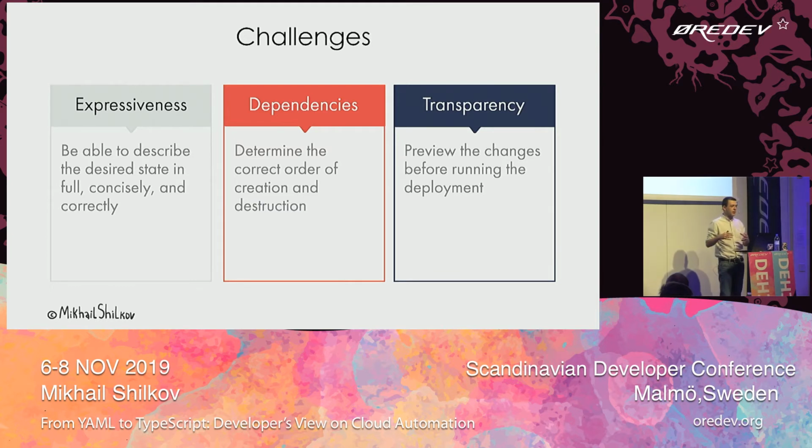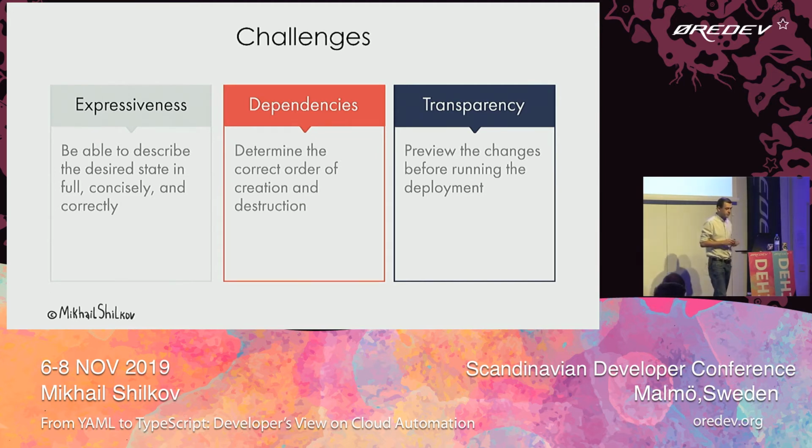Like, what's the proper way to migrate this, ideally without downtime? And the third challenge is to be transparent about what it's about to do. So no tool is perfect, so ideally before changing your production environment, you want to see what the tool is going to make. Is it going to destroy my precious database while doing so because it thinks something changed there? So it should be transparent about what it will do before it actually starts doing, and you should be able to test this